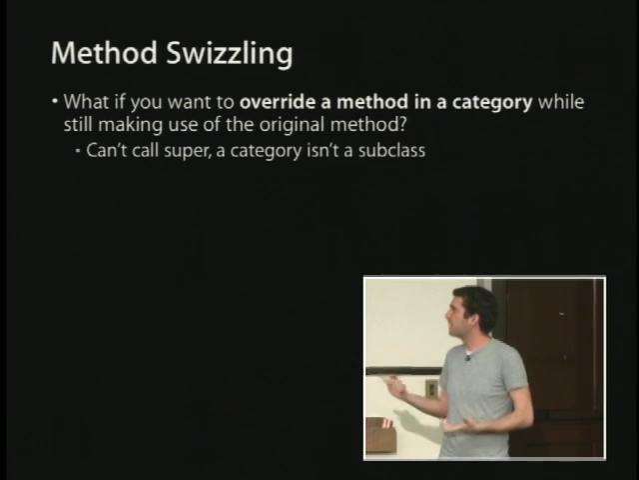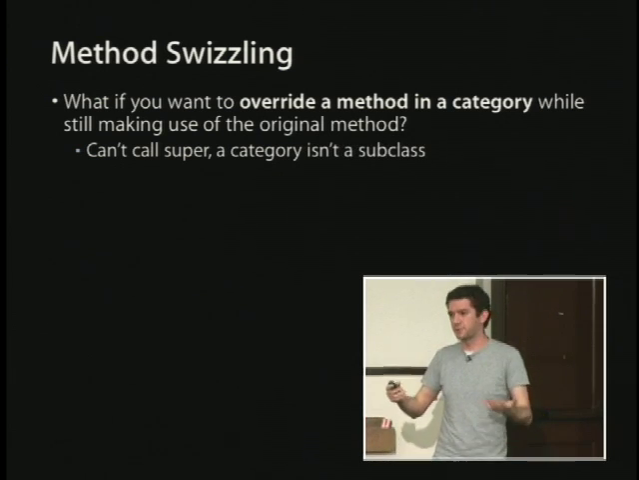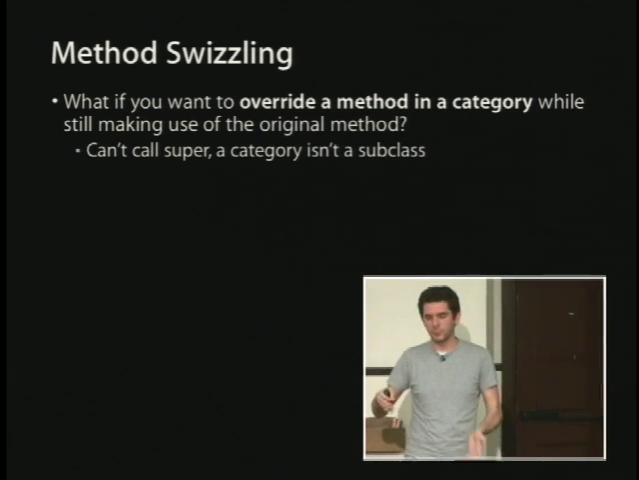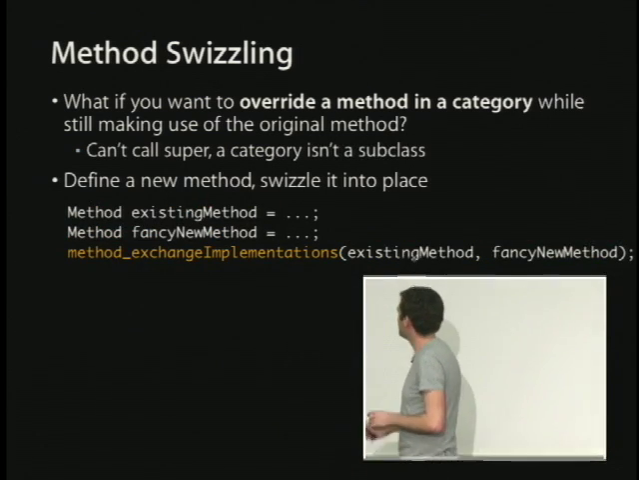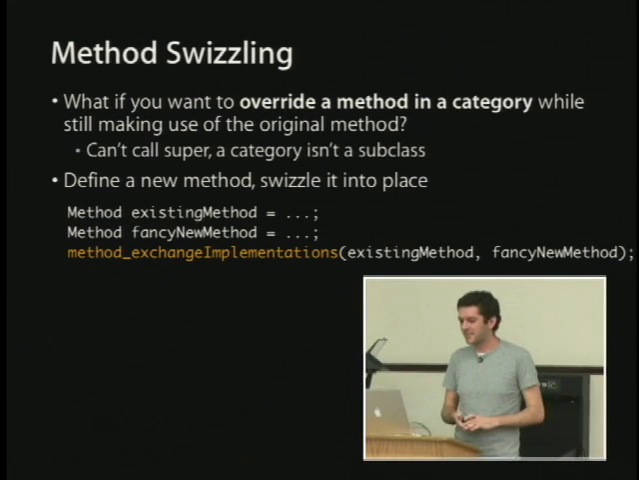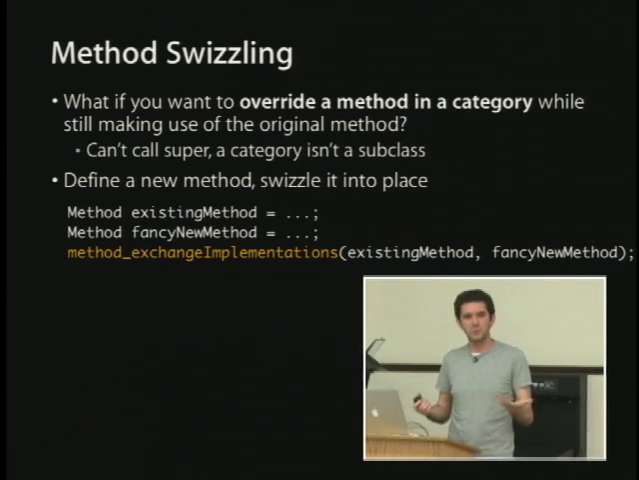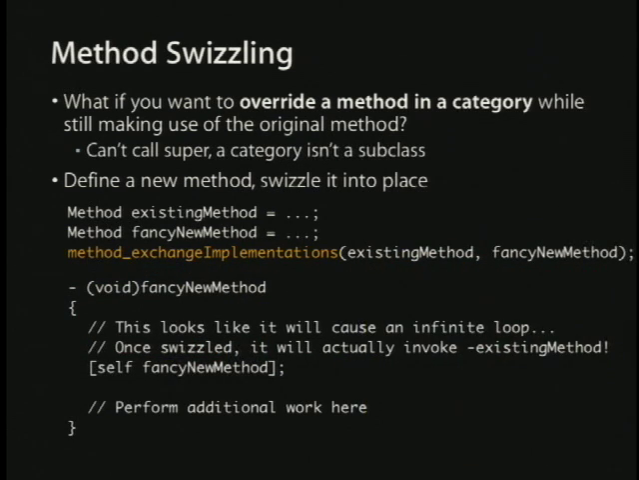So yeah, you can't call super because a category isn't a subclass. A category is an extension to an existing class. So the superclass would be whatever its superclass actually was. It wouldn't call the method that you were replacing. So you might want to define this new method and swizzle it into place. Basically, you would call this method, exchangeImplementations, on the two methods that you're interested in replacing. And before we take a look at the code,